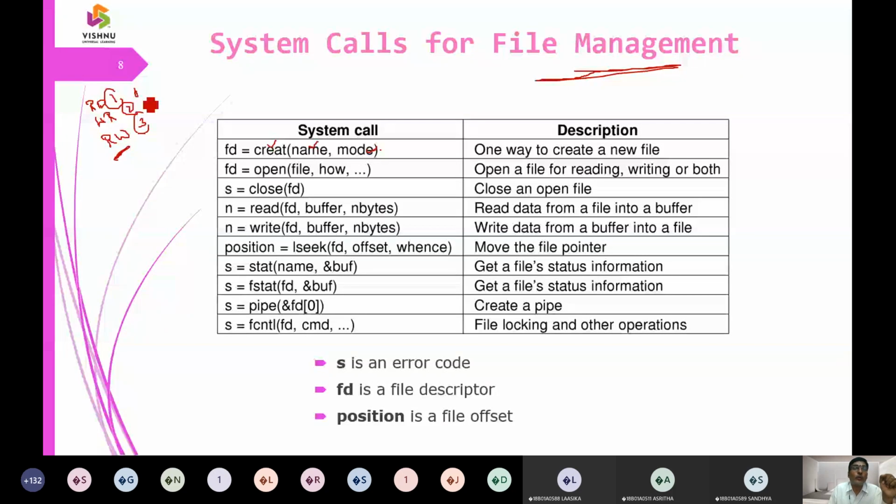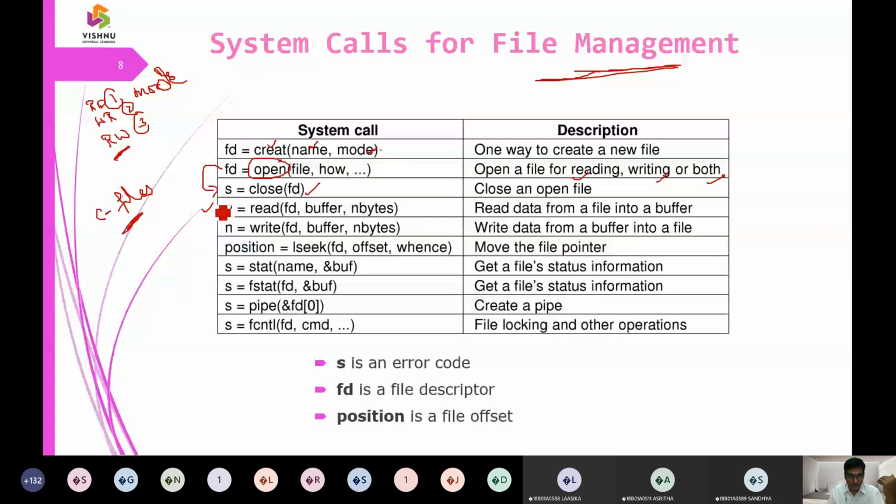So to move in what access it is going to take it up. Open a file for reading and writing or both. So opening is a process. Similarly, you open, then FD, we are going to say opening a file and closing a file. So the best thing you have studied in C language. In C, we are going to have files. So in file, we can open a file, we can close a file, we can read a file, we can write to a file. So that is what we are going to mention here.